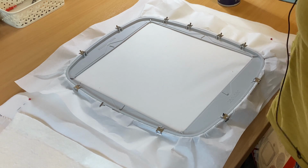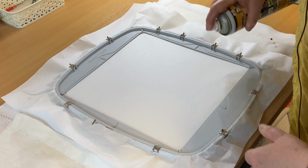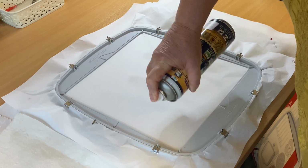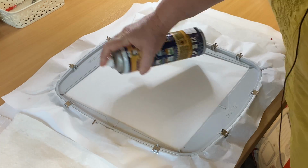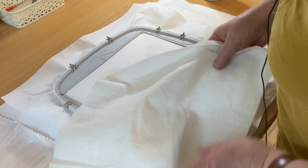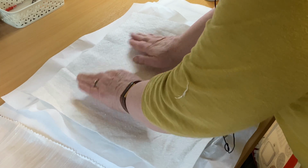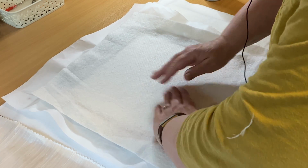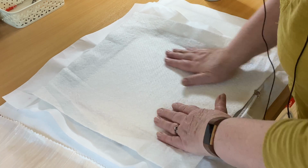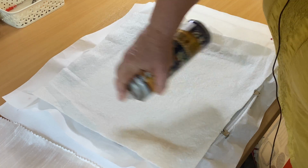Right, this is all hooped up nicely. Just the stitch and tear. Then I spray the temporary adhesive. I know it's criminal to spray near a brand new hoop, but it has to do its job, you know, and it can be cleaned. I wipe them with baby wipes, and that works quite well. Another generous spray again,